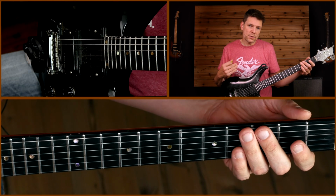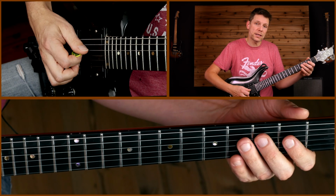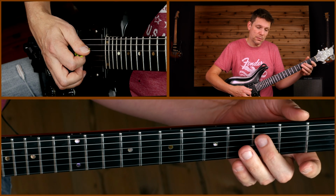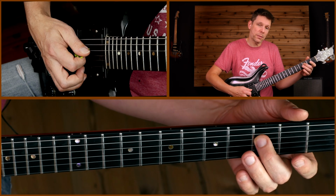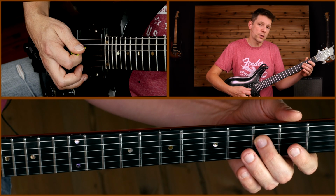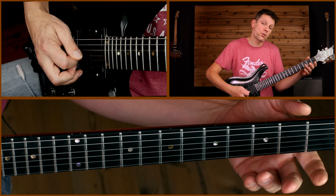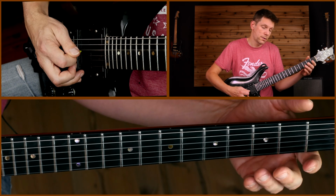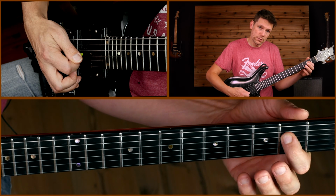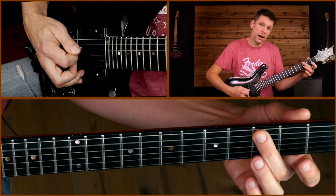Now, this is what we call sort of like a sequence, right? So we're moving down the scale in thirds. So what does that mean? That means I'm playing third position here on my D string. Then I'm playing the note that is sort of 3 steps down. So it's this 1, 2, 3. So that one. Then I go back up 1 note, but then down 3 to that one. So I got,